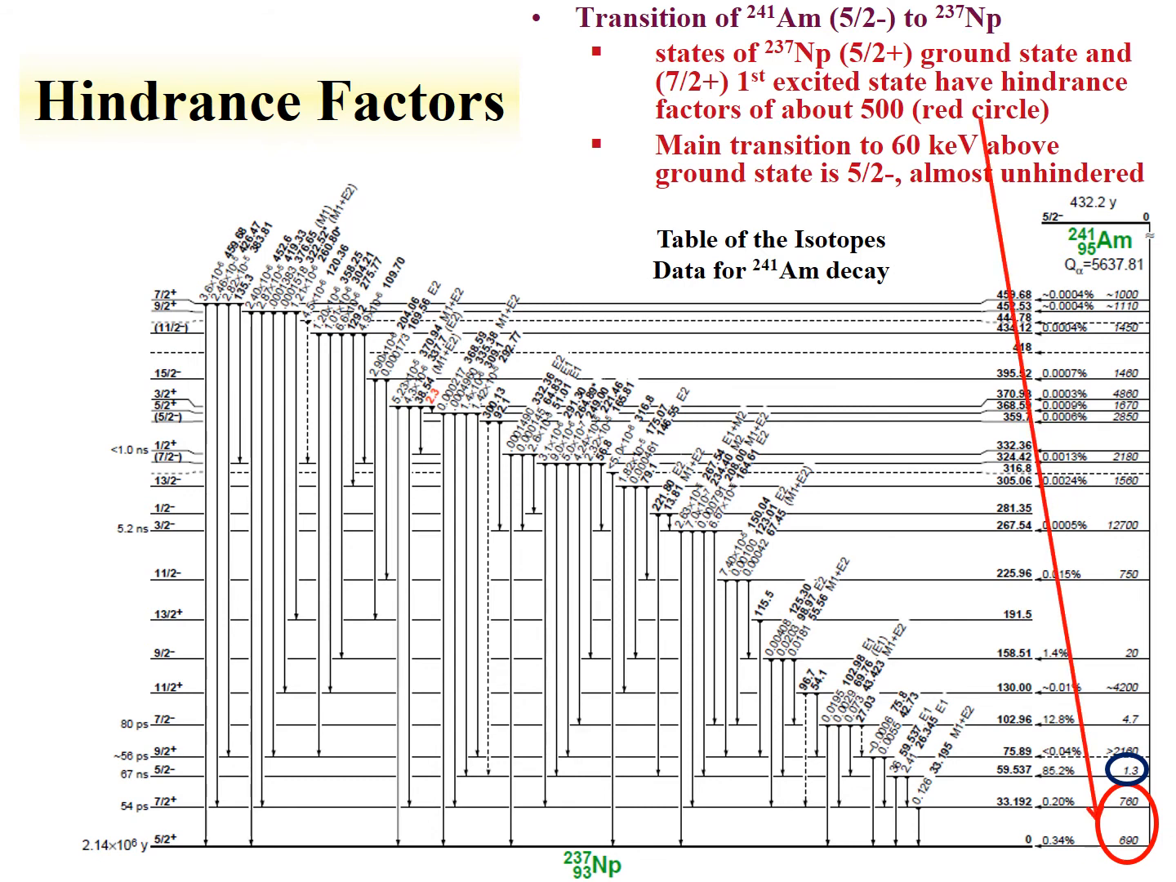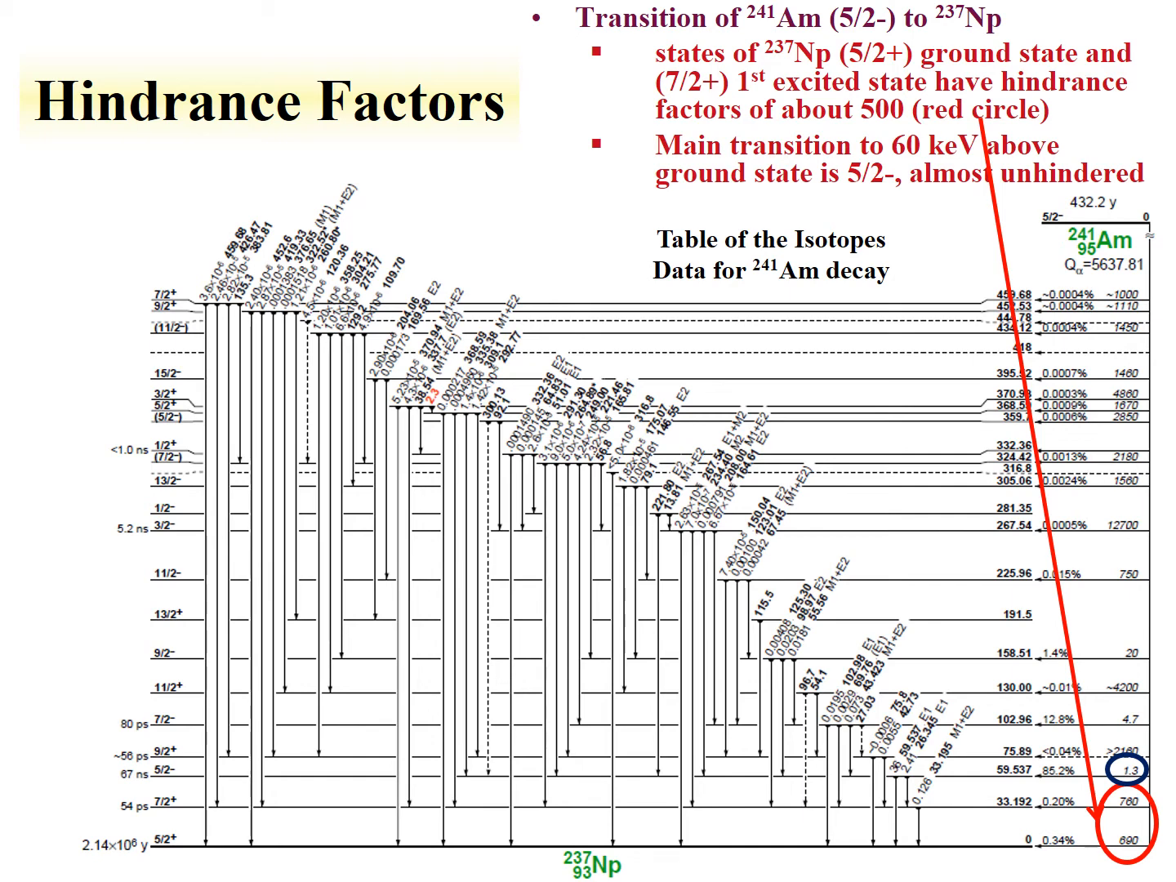So states of neptunium-237 that are in the 5/2 plus ground state and 7/2 plus first excited state have hindrance factors of about 500, and you can see those values listed right over here. So we can say that this isn't a particularly favored transition. However, the